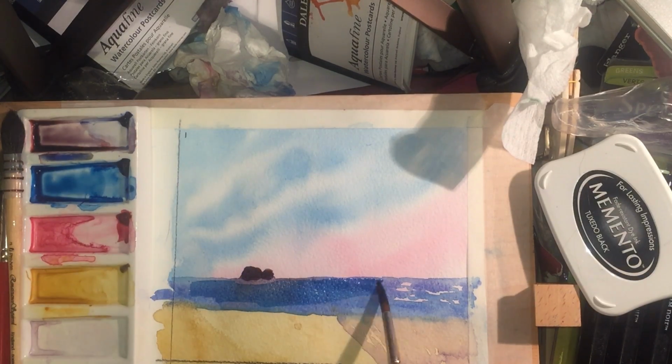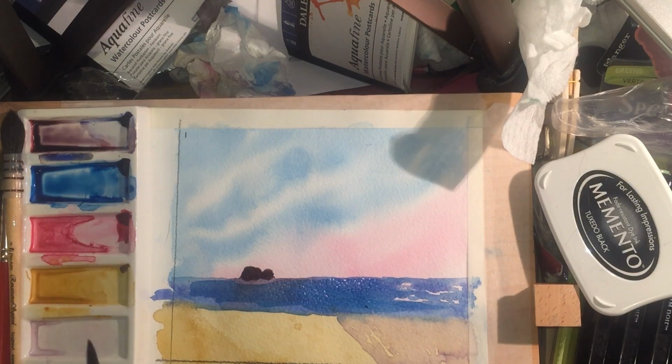And by glazing over the whole sea, it won't look like we've just plonked it over to cover up a mistake. And it's nice because we get a little bit of granulation coming through, a little bit of pink showing through here and there, and the sea looks a little bit more natural, because the sea isn't just blue, it's a mix of colours. We need to tidy up this line here,